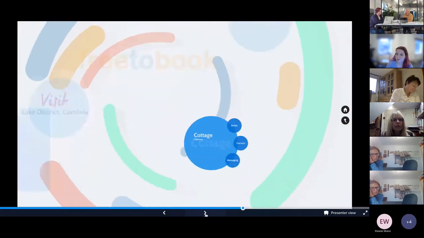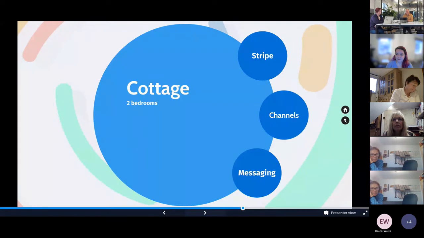And the last thing really just to look at in terms of the properties would be maybe cottages or self-catering. As you've seen a couple of these services that I've talked about, like Stripe and messaging. Stripe, for small independent businesses, maybe 1 or 2 units, there's no other system out there that's as competitive as their pricing. I think they're 1.4% plus 20p on a transaction, and that's pay as you go. So if you're not getting any payments going through, then you're not paying Stripe. So it's really competitive. And I've discussed a bit about messaging.